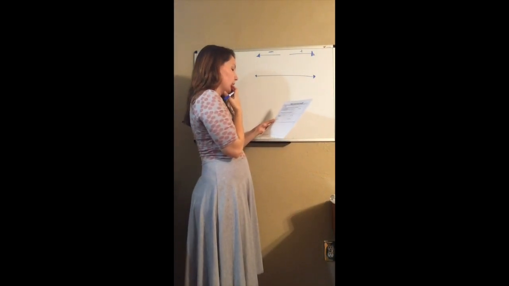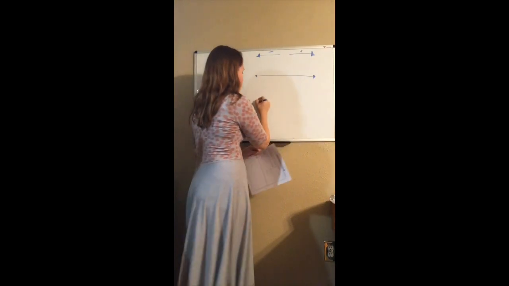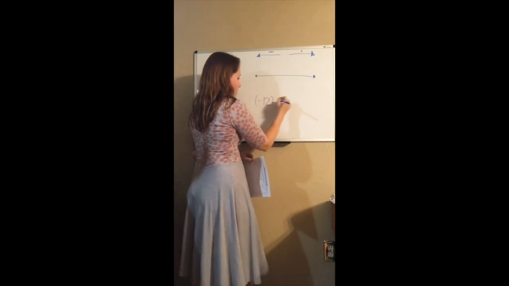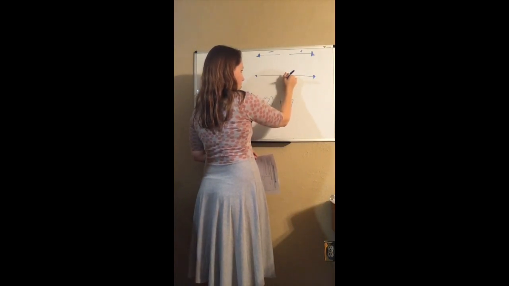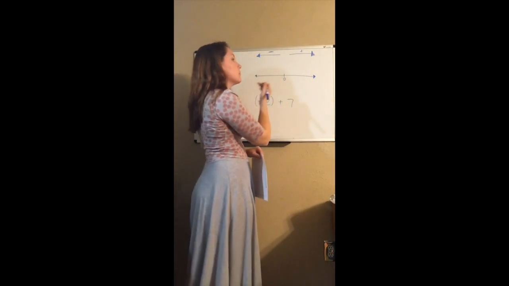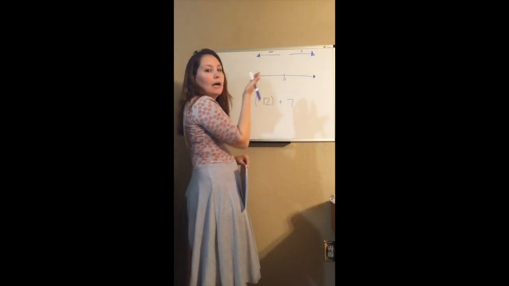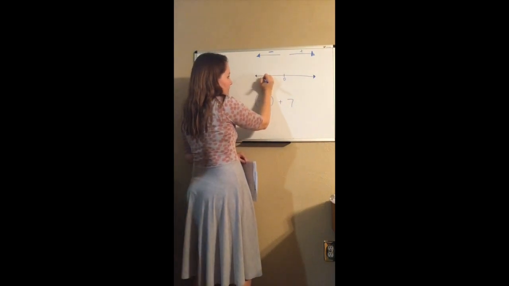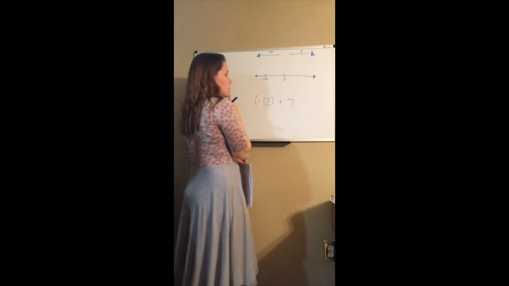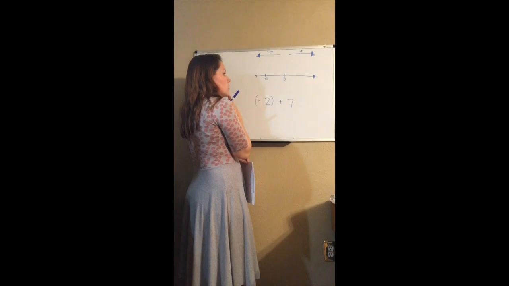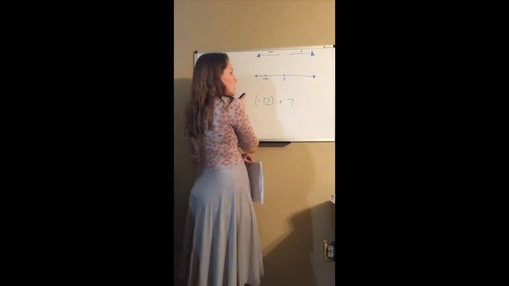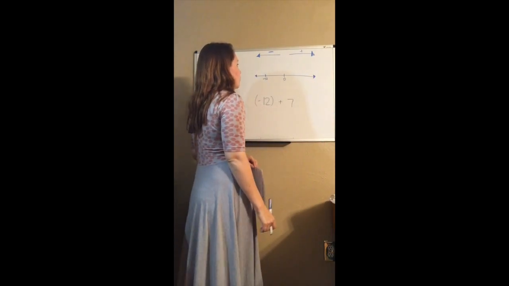I have -12 plus 7. All right, so here's 0 somewhere on that line in the middle. I have -12. I know the negatives are on the left, so I'm just going to say this is -12. Plus 7. So I'm moving to the right